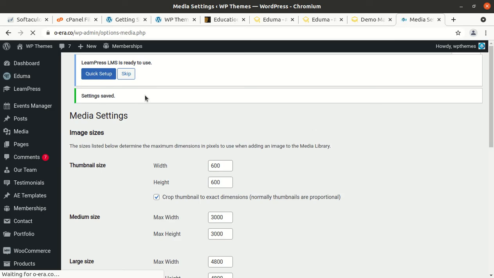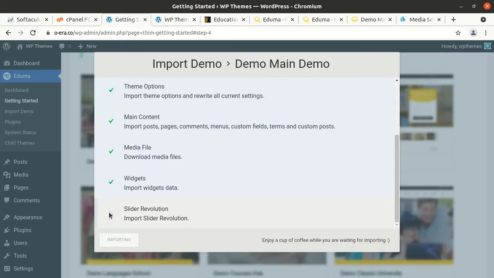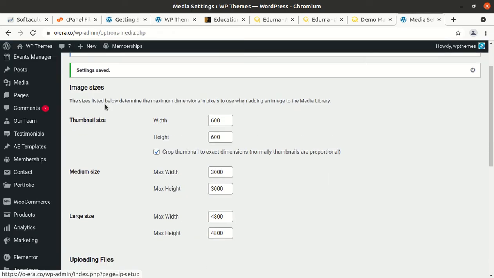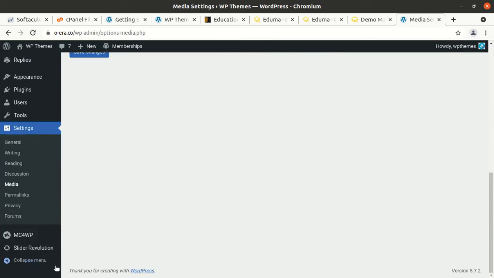Okay, setting is saved. And the process of importing the slider revolution is still going. We can check the slider revolution part. Here is the slider revolution.